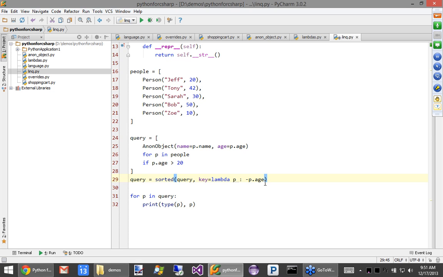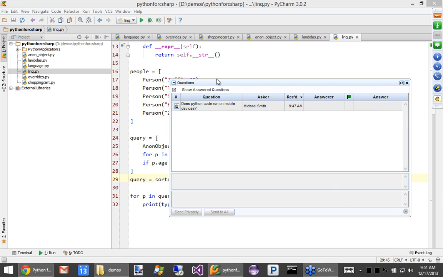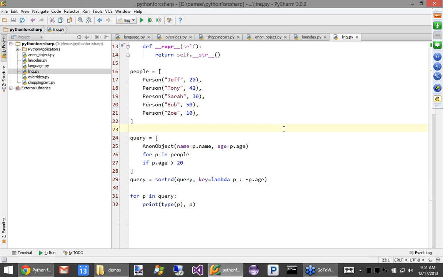Okay. All right, so I see there's a question. Let me see what it is. Does Python code run on mobile devices? I believe you can get it to run on mobile, at least on Android, but not very well. There's something called, I believe it's PyObjC for Python Objective-C, which you can get to run Cocoa stuff on OS X, but I don't know for sure if you can write iOS apps, because they're more locked down.